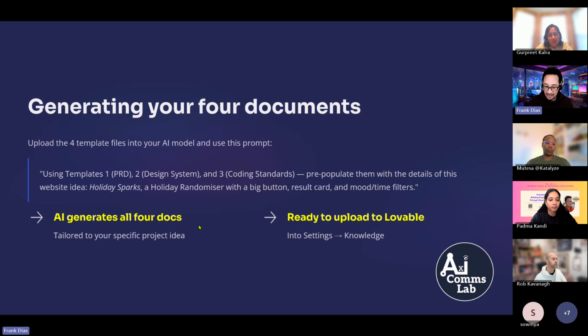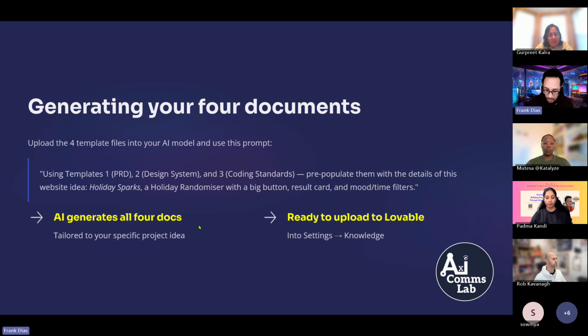And what you'll find is your AI tool of choice will then use that template as grounded knowledge, as scaffolding, a structure, to then be able to populate it based on your idea. Now you do this with each of the 4 documents and you put out there that you're trying to do this with Lovable. Okay, and in some of my templates, there'll be prompt examples that I'll put in there, and I think I've also got that in these slides. So that's what we're going to do with that.